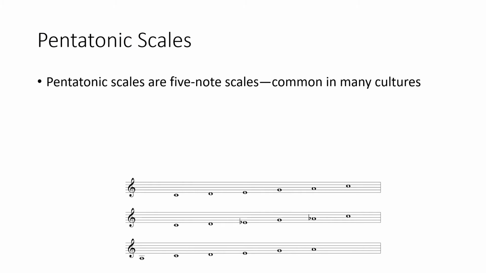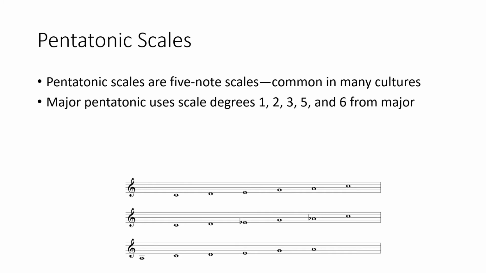Now let's look at pentatonic scales. These are of course 5-note scales, and they're common in many cultures throughout the world. The major pentatonic scale can be thought of as scale degrees 1, 2, 3, 5, and 6 from a major scale, so just leaving out scale degrees 4 and 7. As we see in this first example,